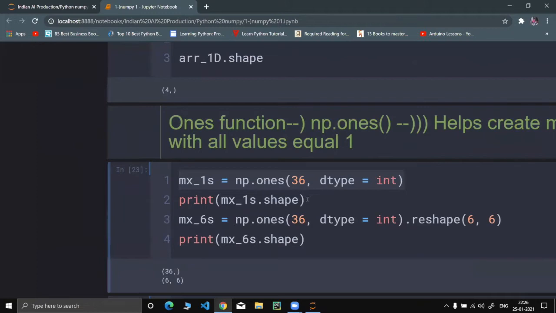Then we checked the shape of that matrix, which gave us 36 columns and 1 row.